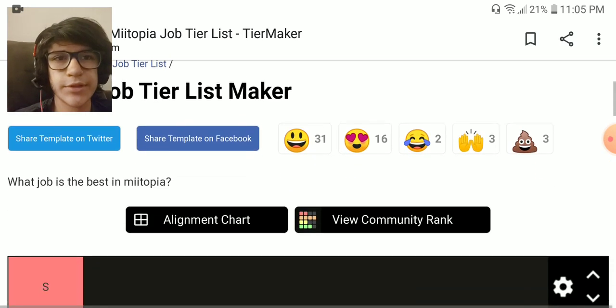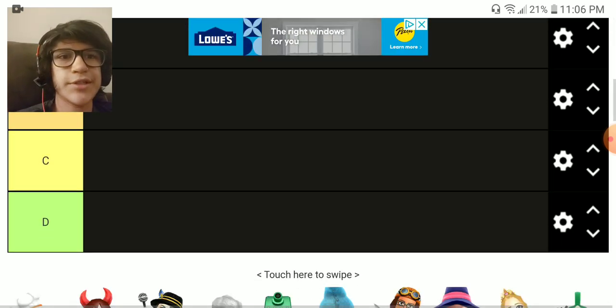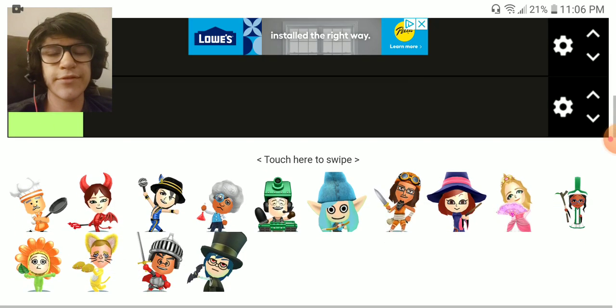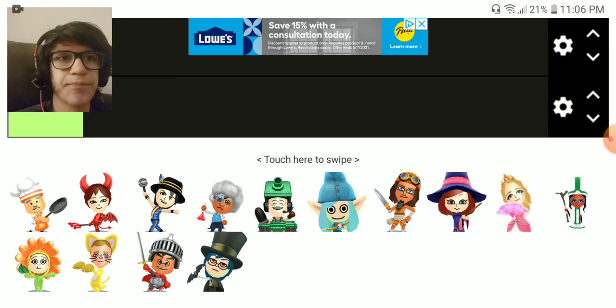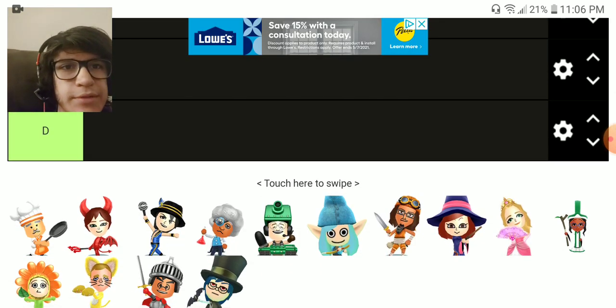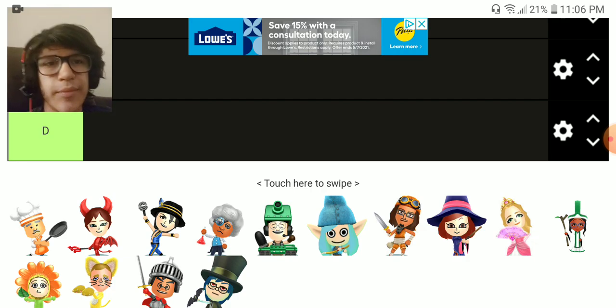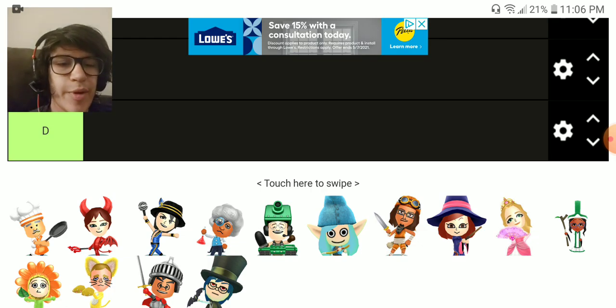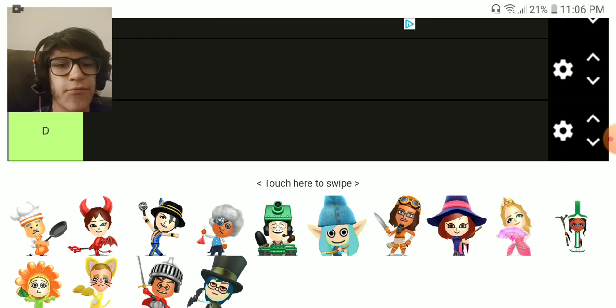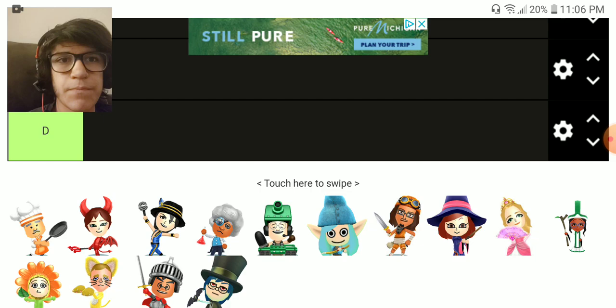So let's start off with the jobs. This might be a little bit weird because I'm doing this horizontally, so that it'll look better on YouTube and stuff. So there's S, A, B, C, and D. It's 5 tiers. And I haven't actually used all of these, like, not me myself playing as my character using them, although I have had all of these in my party for at least a good amount of hours. But yeah,